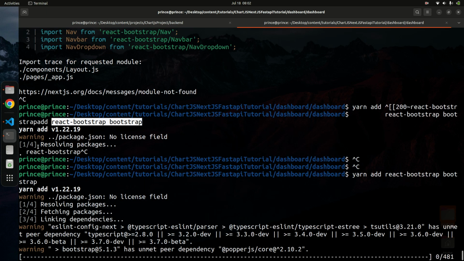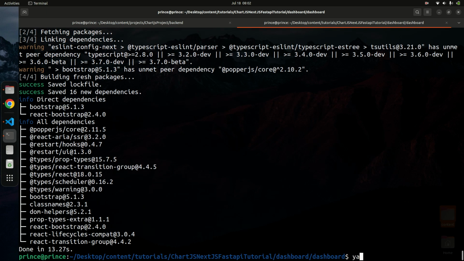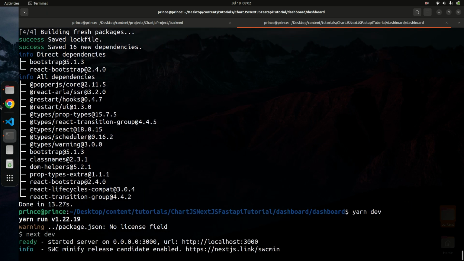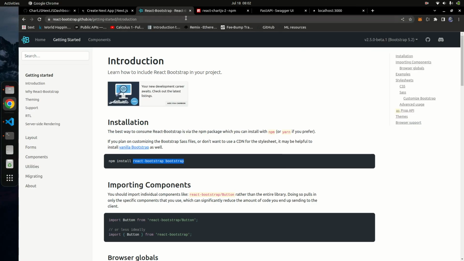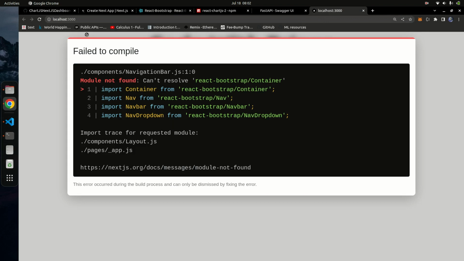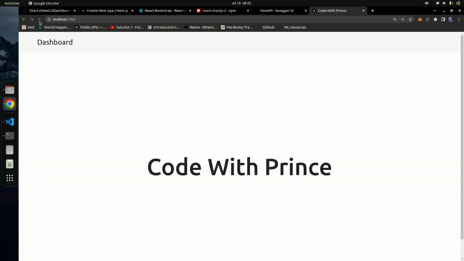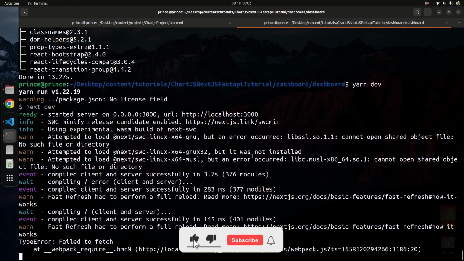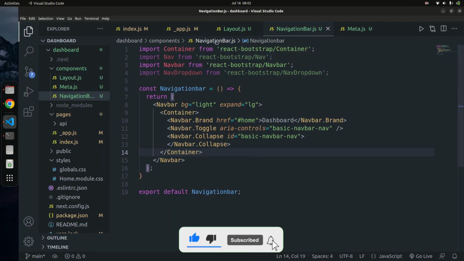So that's done. I'm going to say yarn dev. So now this is running. I'm just going to go into our browser, and let's try to refresh this. Yeah, so now you can see our code is running. So we have the dashboard here, and then we have the code prints here. So everything works as expected. So great. Once we have that done, now I want to go ahead and create a grid component that